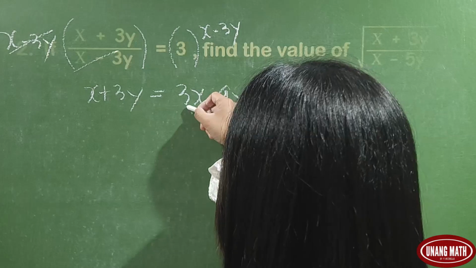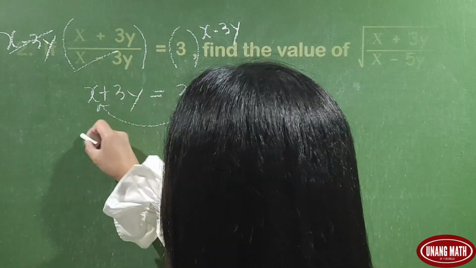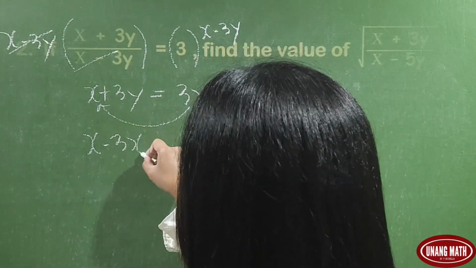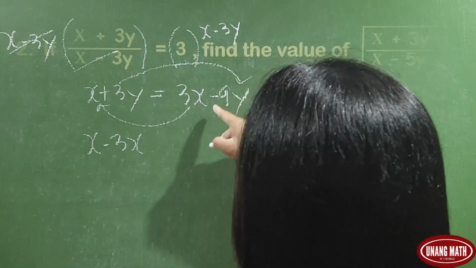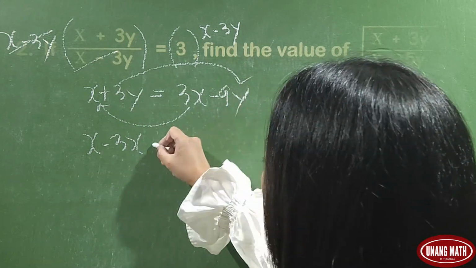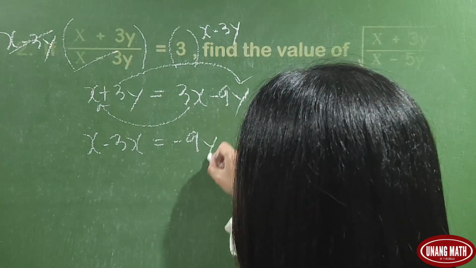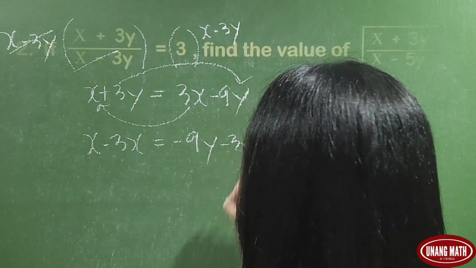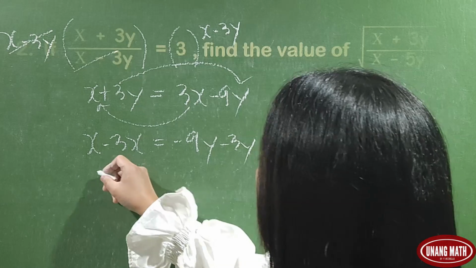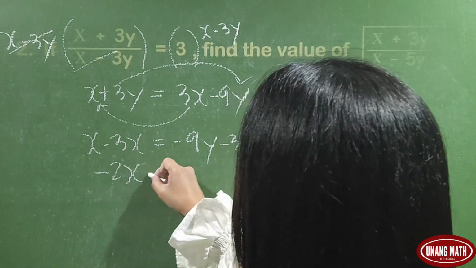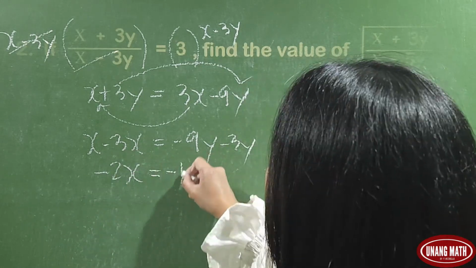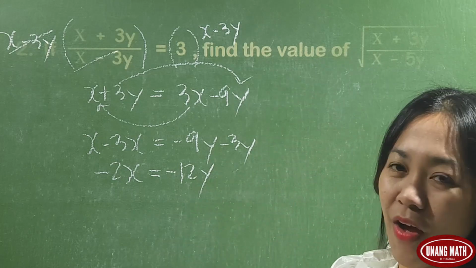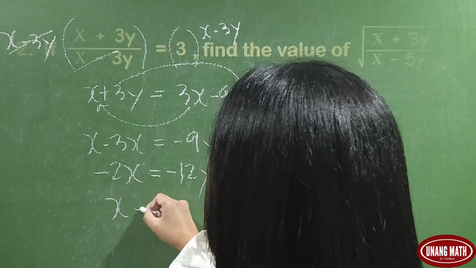Okay, 3x will be subtracted from x, so we have x minus 3x. And this 3y will be subtracted from negative 9y, so this is equal to negative 9y minus 3y. And if we simplify, we have here negative 2x is equal to negative 12y. So it means x is